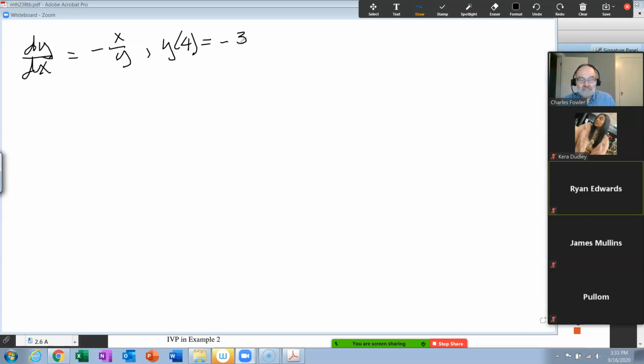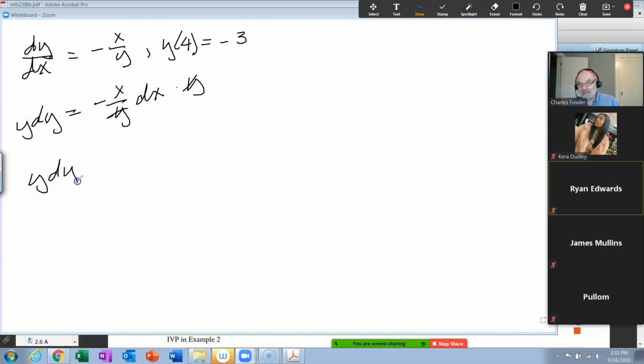Now, let's do what we were talking about before. Let's first write this in differential form. That would be dy is equal to minus x over y dx. Well, we got our x's together, but this y is out of place, so let's multiply both sides of the equation by y. That gets rid of your y's here, and now you have y dy is equal to minus x dx